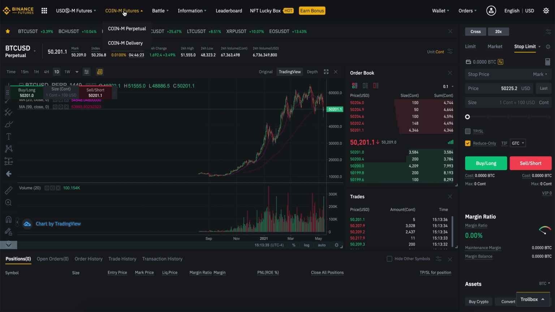I'm going to go ahead and do my isolated margin. Click confirm. I'm going to go ahead and put my leverage down to 10x. Click confirm. I'm going to put 10% of my account onto this trade. I'm going to click buy long, and we can see that, oh no,